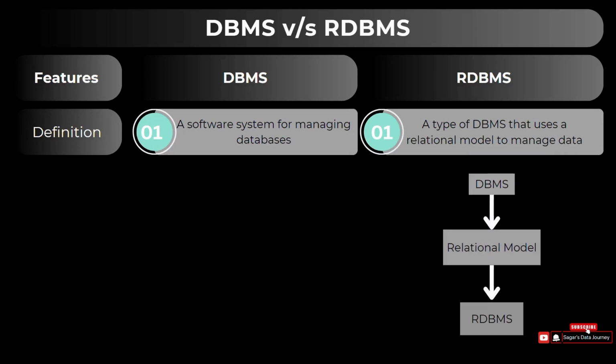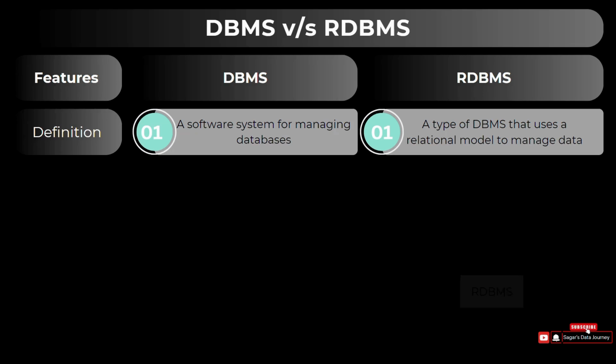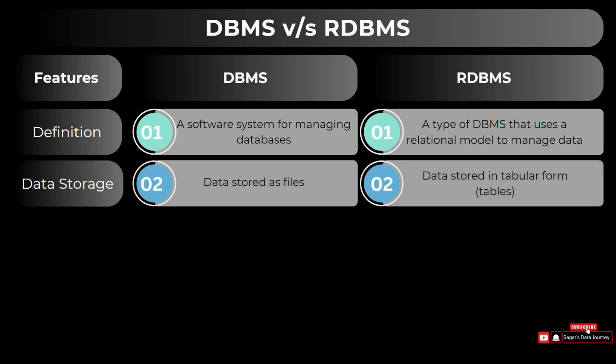A database management system or DBMS is a software that manages the databases. On the other hand, a relational database management system or RDBMS is a type of DBMS that uses a relational model to manage the data. One major difference is how data is stored. In DBMS, data is stored in the format of files, whereas in the RDBMS, data is stored in the format